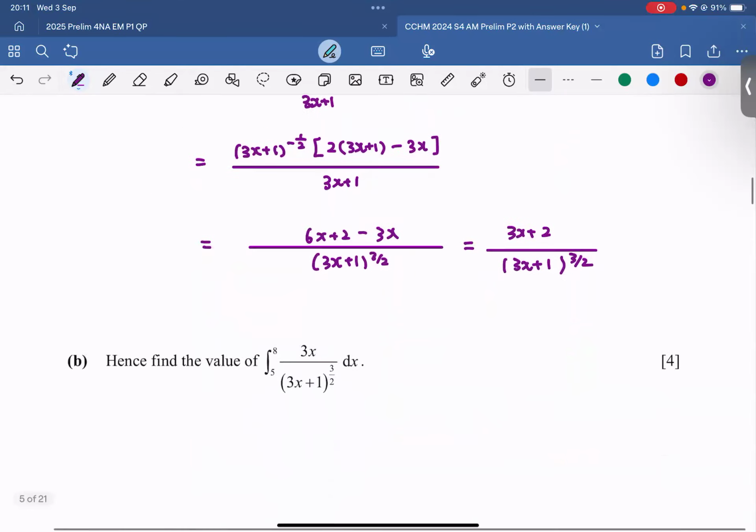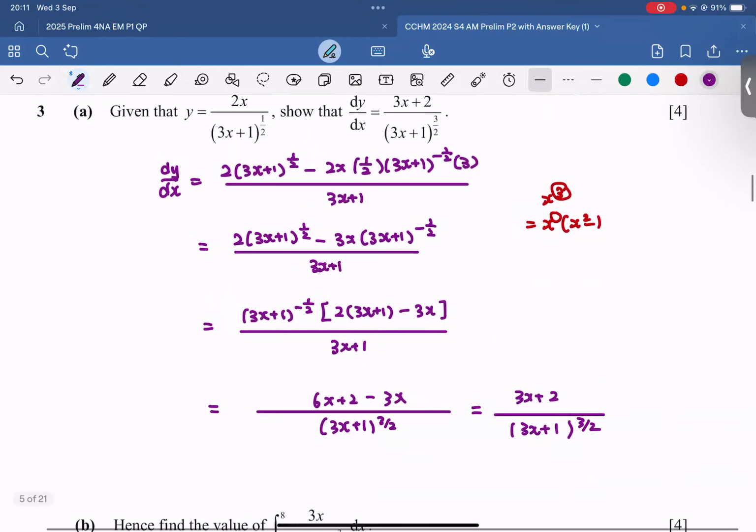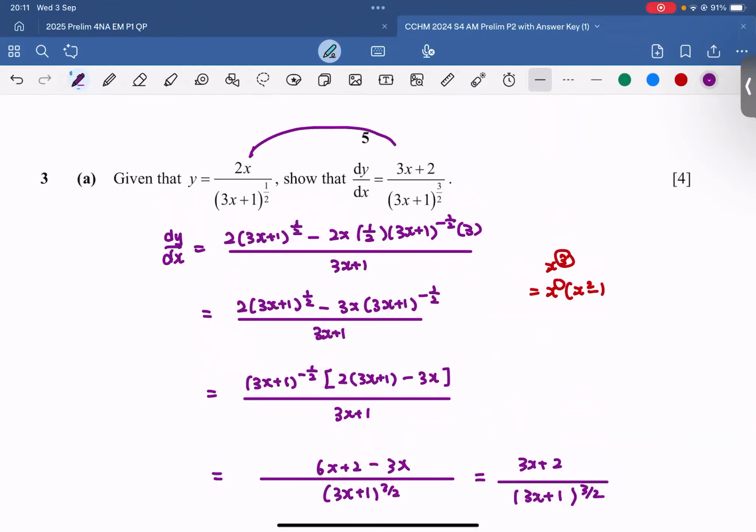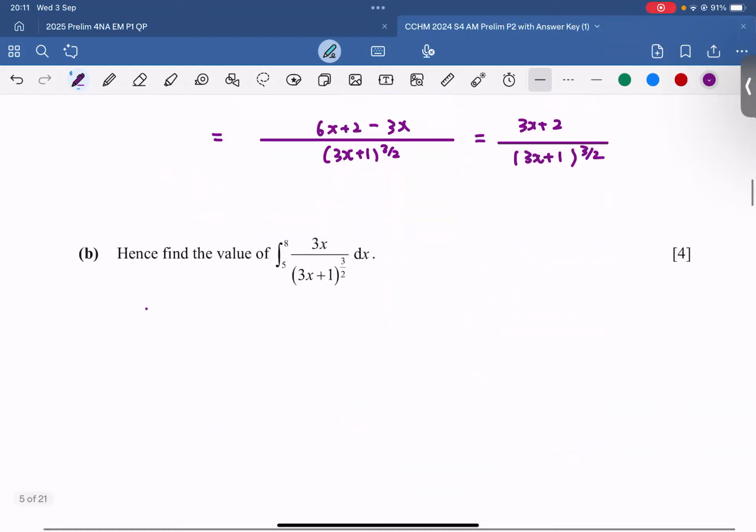Okay, next. For this kind of integration question, we always use the previous part. If I differentiate this, I get this. When I integrate this, I will get back this. So that's how I start. So we write "by". We don't even copy down the question, okay? We just copy down the previous part. So this plus this over 3x plus 1 to the power of 3 over 2 equals to